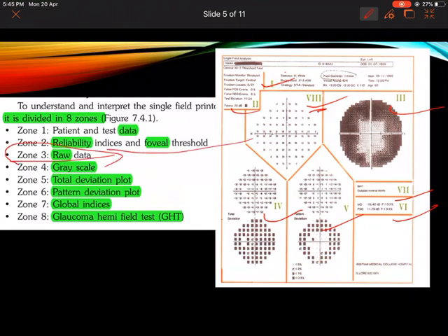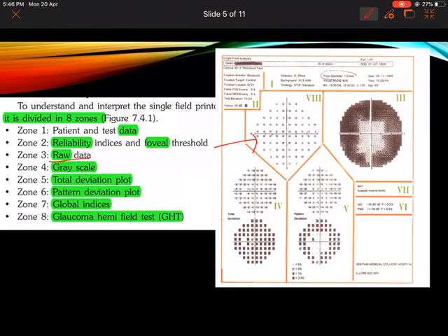Coming to all the zones, the first zone is the patient's data and the test data, and zone 2 is the reliability index. Then you have raw data. Raw data is nothing but the exact sensitivity of each retinal point which has been detected, irrespective of whether the patient has any media opacity or not. It is what the computer detects from the patient's